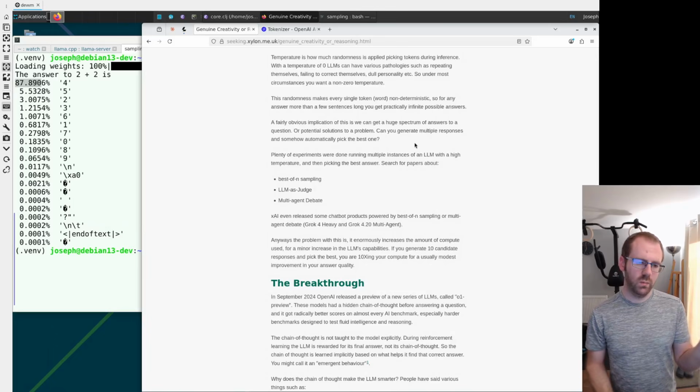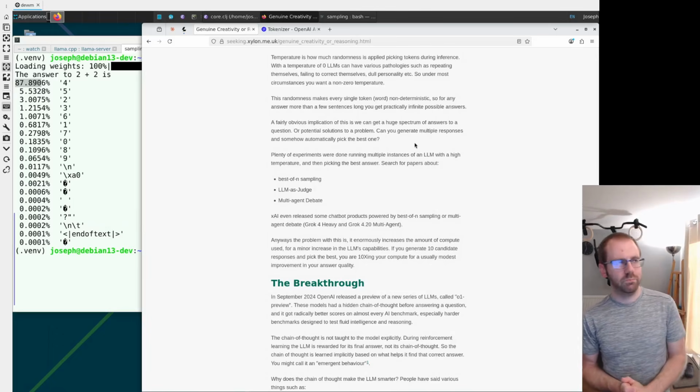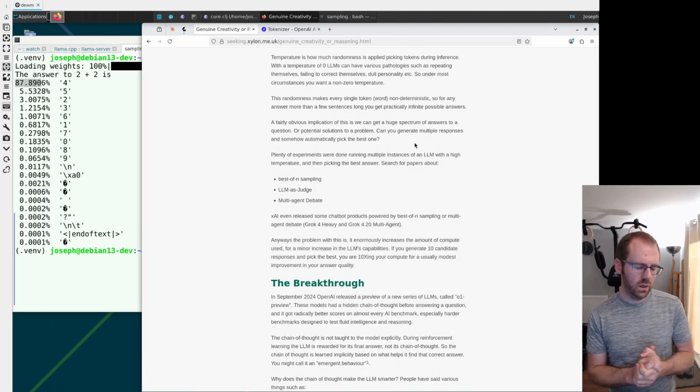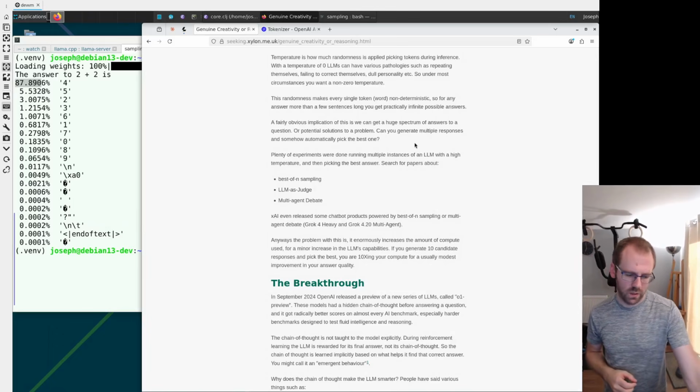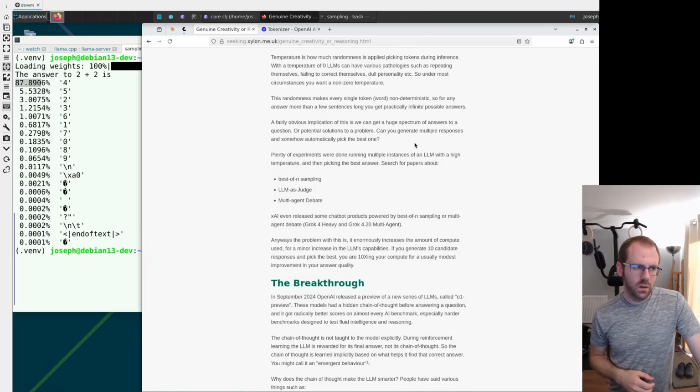Now, the residual stream has a representation for confidence level or certainty. So let's say it's trying to solve a complicated maths problem. It'll get a feeling of, do I feel confident that I'm going in the right direction, or do I feel unconfident? Feeling is really the most appropriate term for it, but if you don't like anthropomorphizing it, it's a representation of the concept of confidence in semantic space.